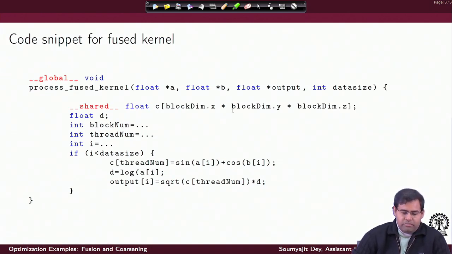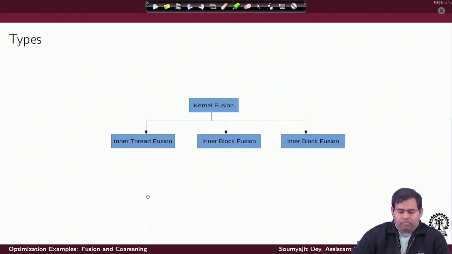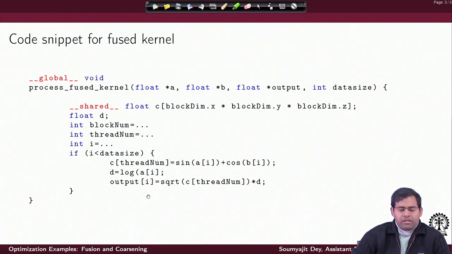So of course, it's very simple to fuse all this sequence of instructions into a fused kernel. All we need to do is have a similar implementation. Compute the block number and thread number, and compute the global thread ID. If it is less than the data size, you just use it to compute C, you just use it to compute D, and then use C and D and apply the last operation to compute the output value. So this is an example of fusion of kernels,